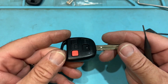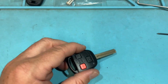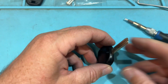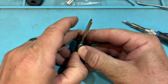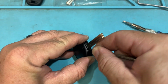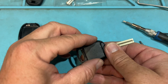This one's going to be a little more tricky because it's a little more complicated. It will be frustrating if you don't do these a lot and you're not used to them. So let's go ahead and open. So loosen, and I'm going to wedge in like so. It's very tight on the back. It feels like you're going to break it. So I'm going to press. There you go, pop, put the screwdriver there. And then we have our